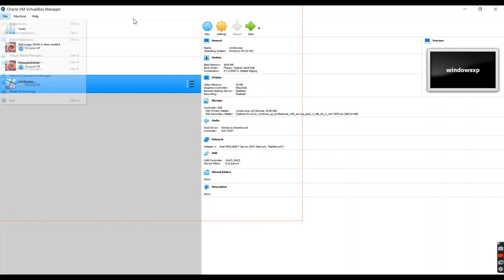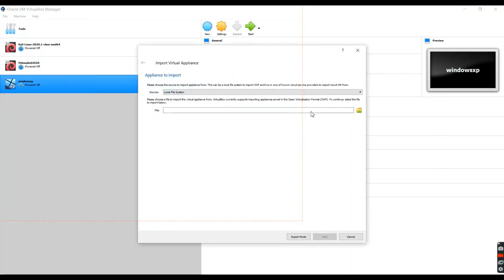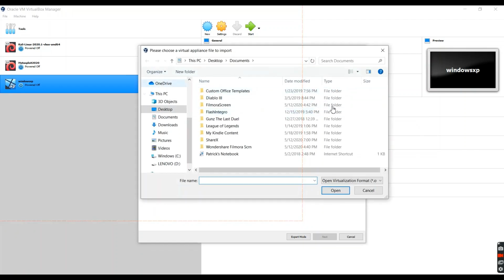Our first step is going to be clicking the File button in the top left. Then we're going to go down to the second one that says Import Appliance, and go ahead and click that. Then we're going to go to File. There's a File button on the right with a green arrow. Go ahead and click that. It says Choose a Virtual Appliance File to Import. Find your Kali download